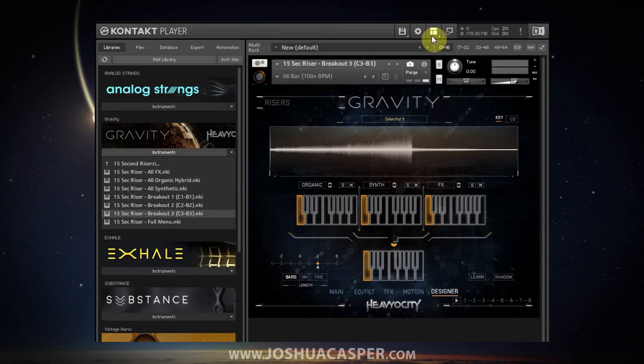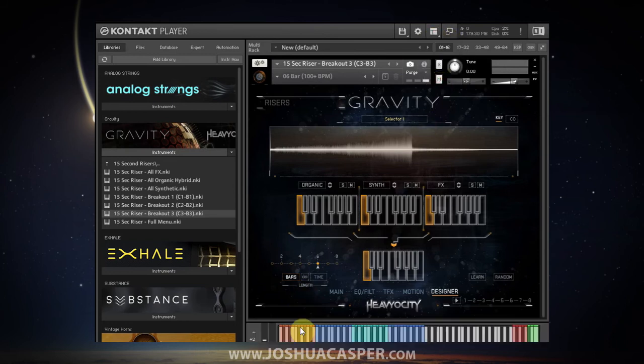So if I show the keyboard real fast, and I apologize, it's a little cut off, but you can still see what I'm talking about. The colored range down here that's orange, these are set to this. So if I press this key here, it's going to correspond to this key down here. As you can see, as I cycle through this keyboard, this is the master set. Each one of these up here is moving, which is a different preset in the bank of organic, synthetic, and effects. So if I go ahead and play one of these sounds now,